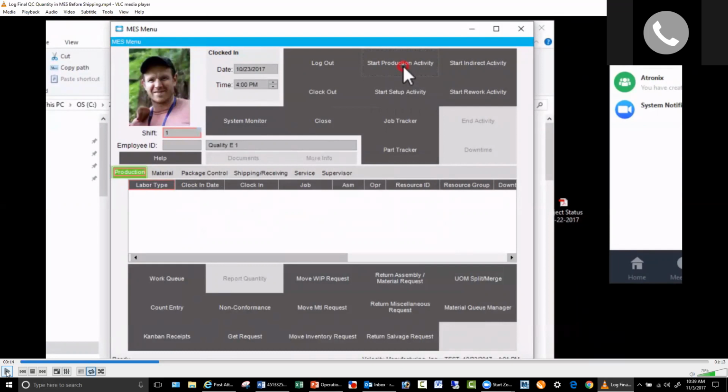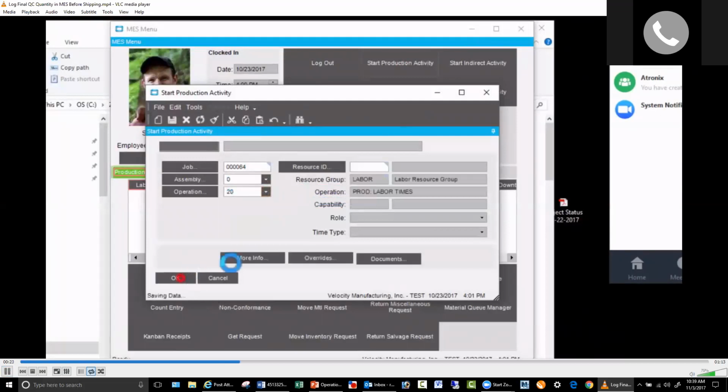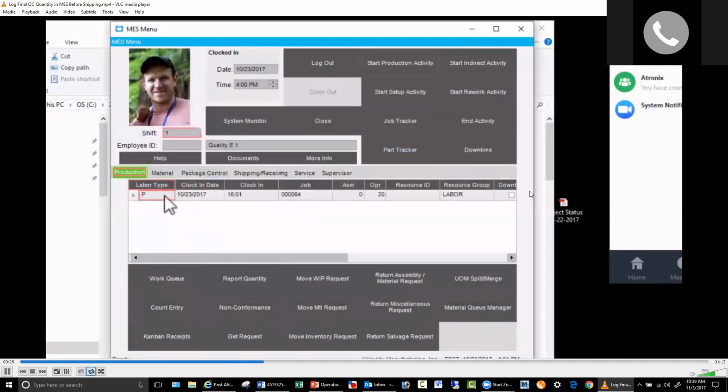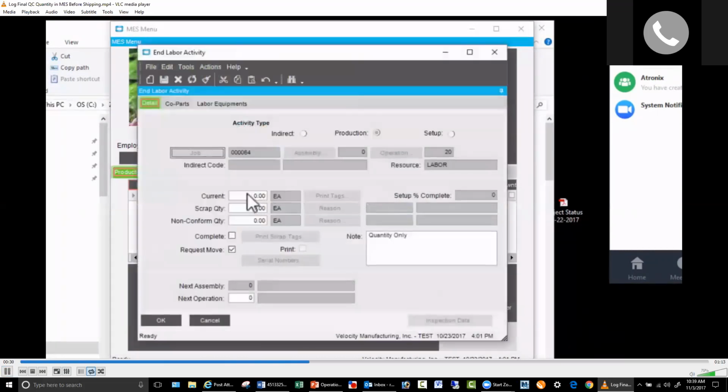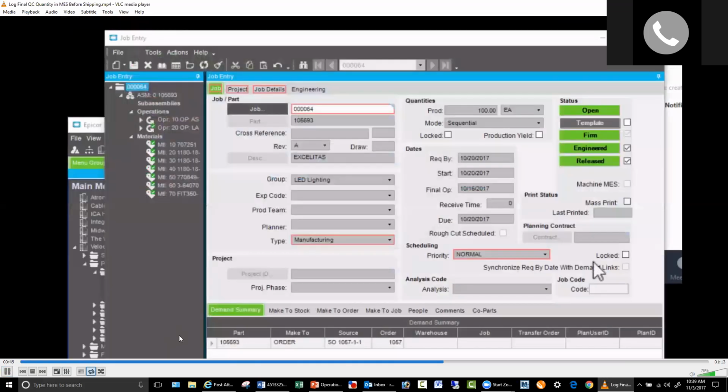Yeah. Agreed. Well, it's not very cumbersome. As you can see here, you would get it, you would scan the job number, tell it what you're doing, it'll be final QC here probably, and then you would say, okay. And then you would end activity, which tells the system, I'm done with my part, I'm turning in 100 pieces over to shipping or to QC or wherever. So this process, if it's up and running on one of those terminals we put out there, could be done in a